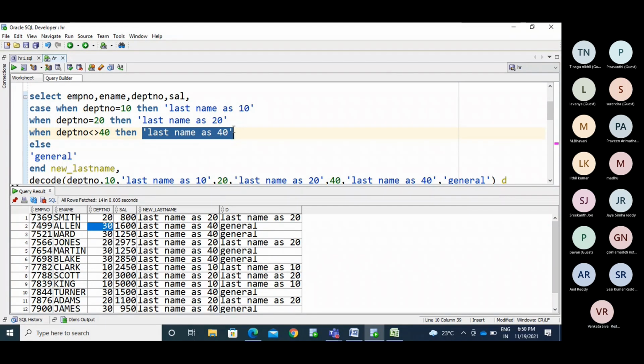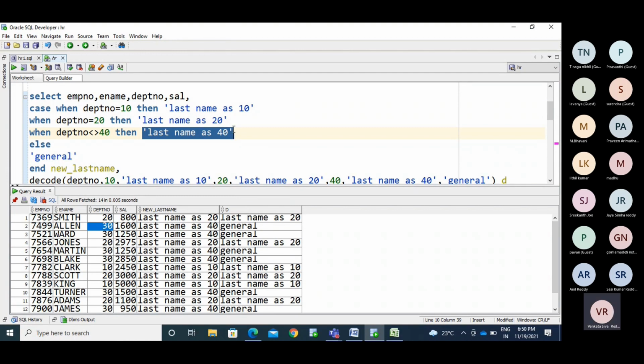Okay. Understand? So the case function will work for equi conditions and non-equi conditions. Equi in the sense of the equal operator. If we use greater than, less than, if it is a number column, salary column or anything, you can put between, greater than or equal to, less than or equal to. You can put all types of conditions.